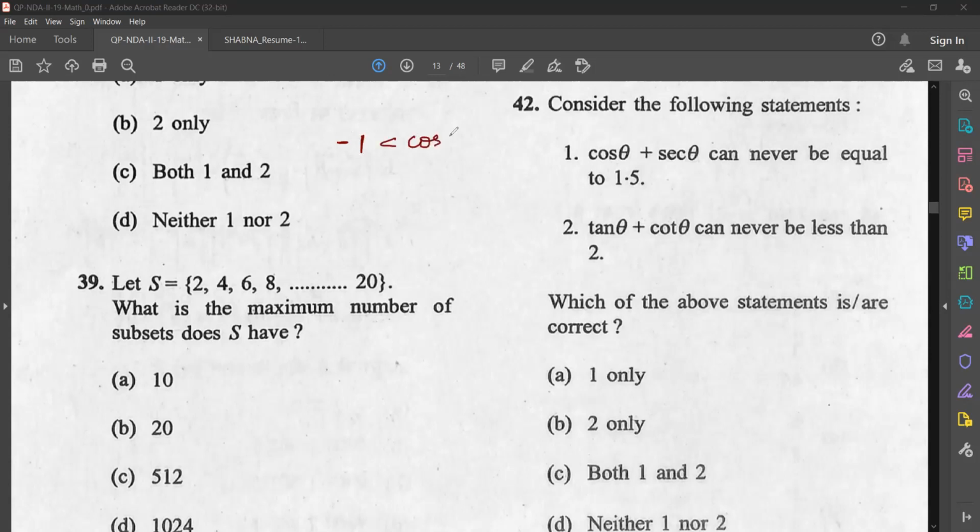So what is the maximum value of cos theta? That is 1. So the minimum value of cos theta is -1, that is for 180 degrees, and the maximum value is 1, that is for 0 degrees, isn't it? Cos 0 is 1. Okay, what about sec theta? Sec theta also has a minimum value of -1. The maximum value possible is